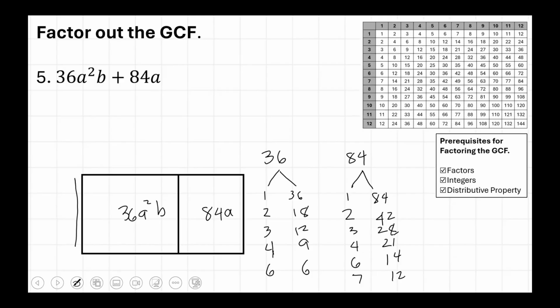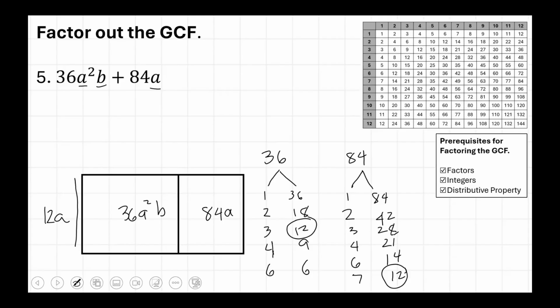And we have a lot of numbers here, but then again, you can get the greatest. So we can see that the greatest is 12, and we write it on the GCF or the common side. And for the variables, we have a squared and a. So the only common variable is only a, not a squared. And for the b, only the first term has a b, so we will not write it as the GCF